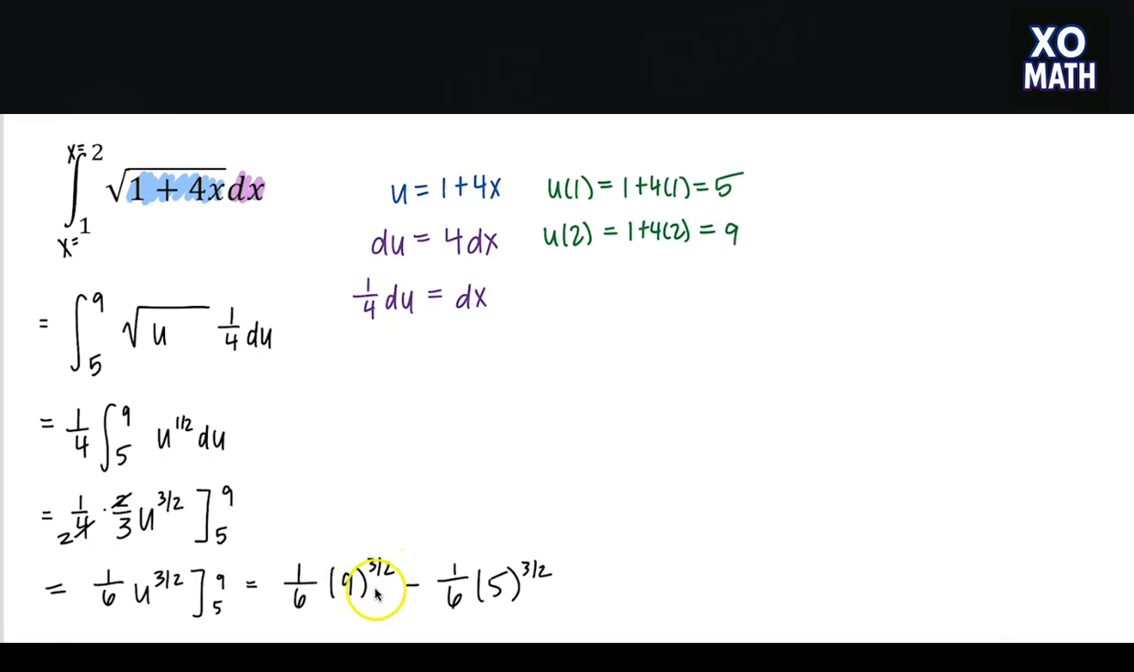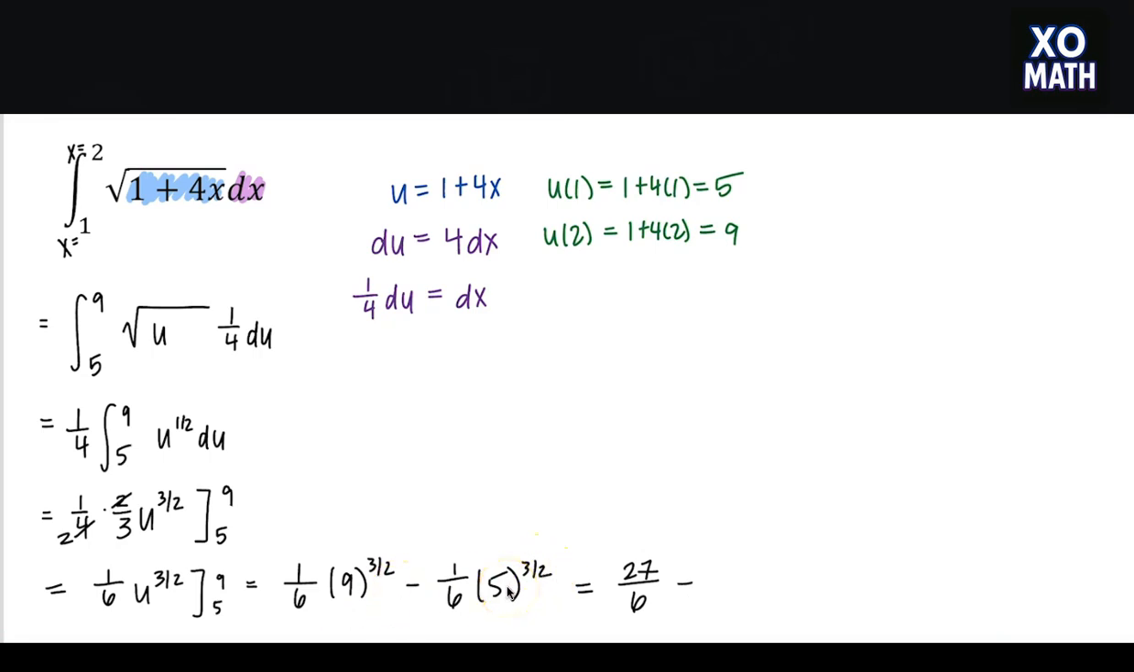Now we can simplify this 9 to the 3/2 a little bit further. So we're focusing on the fact that I have 3 divided by 2, so the root is 2. So the square root of 9, that's 3. 3 cubed is 27. So what I would have here is 27 over 6